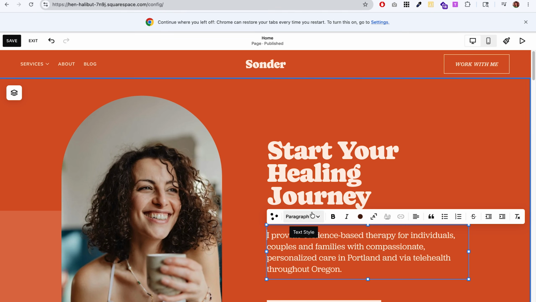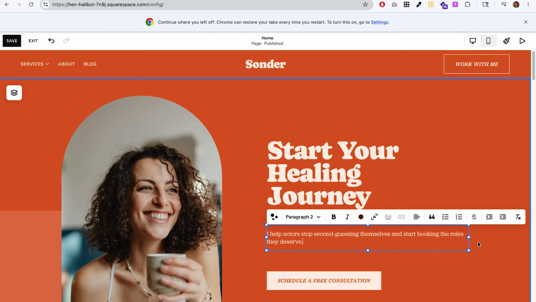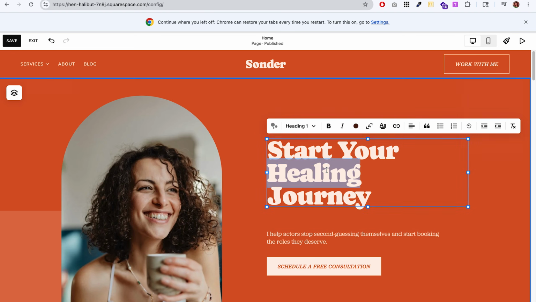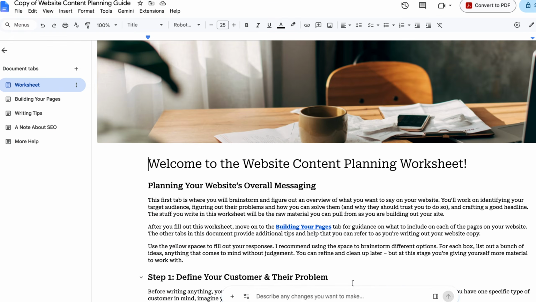So I have a separate document where I've written out all the text that I want to put on this website, and I'm just copying and pasting from that. And this is all just kind of like dummy text. I didn't really put too much effort into it, but if this were a real website, I actually have a